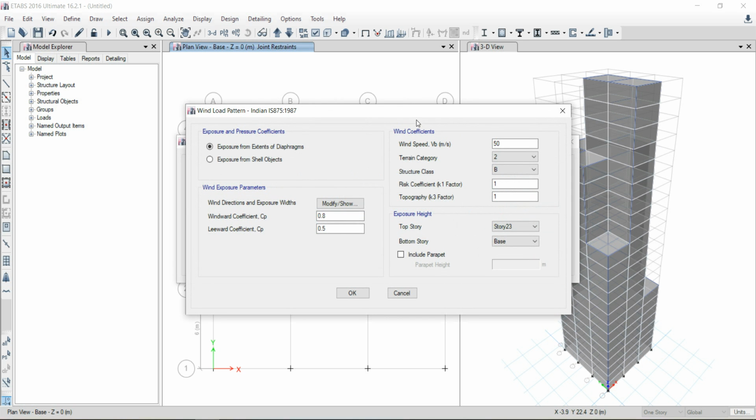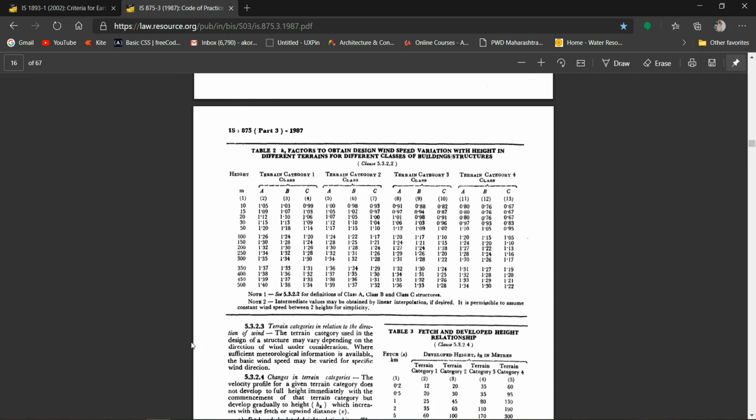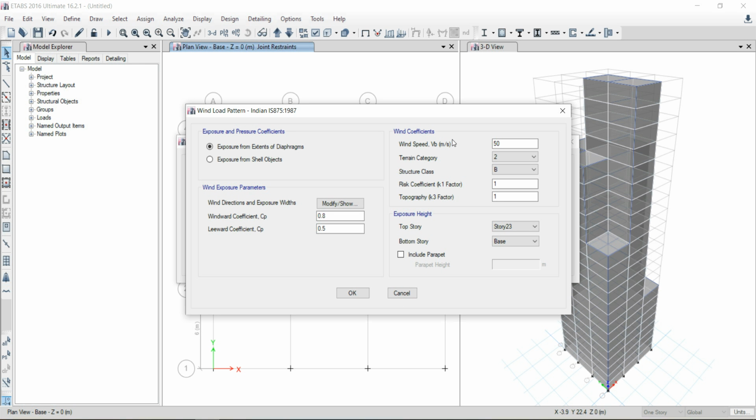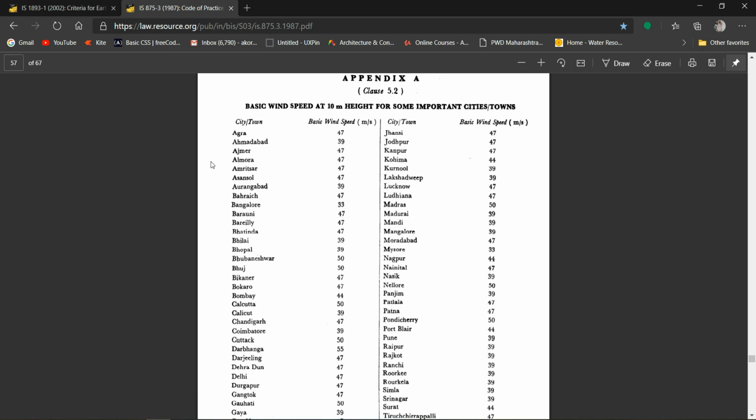So here we have to check the wind coefficients from the IS code. So open the IS code. So for the wind speed, go to appendix A in the IS code. You can see for Bangalore, the wind speed given is 33 meter per second.